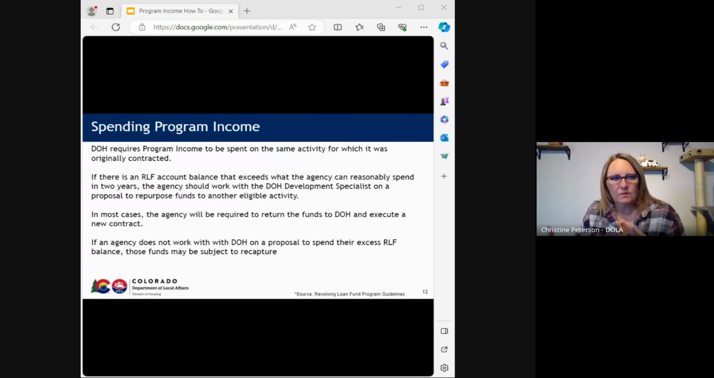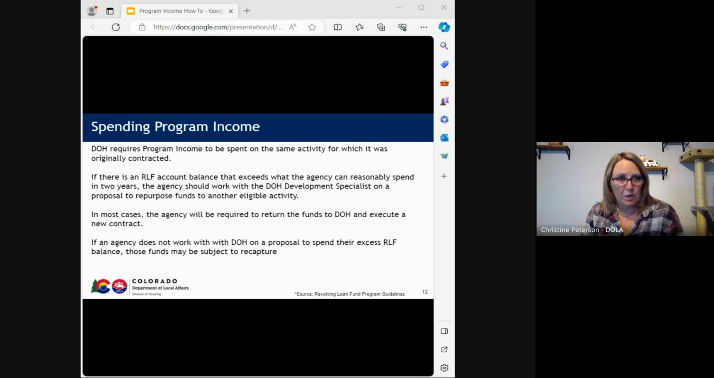DOH does require, as we were discussing, that program income be spent on the same activity for which it was originally contracted. If there is a RLF account balance that exceeds what the agency could reasonably spend within 2 years, the agency can reach out to us or the development specialist and potentially repurpose the funds. So if you have $300,000 in a down payment assistance program income, and you're looking at a development of a multifamily complex, there is a potential working through us that you can return the money and then receive it again